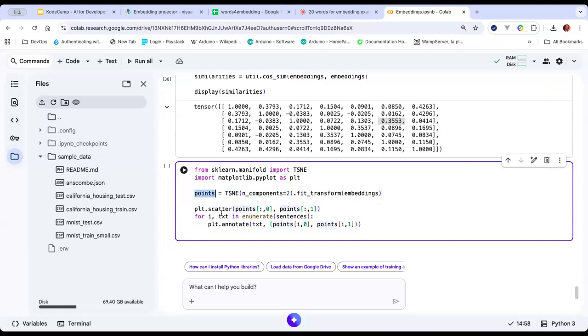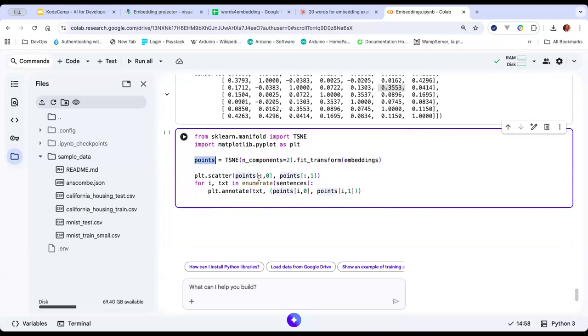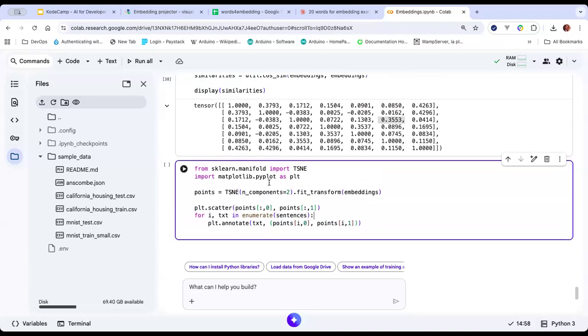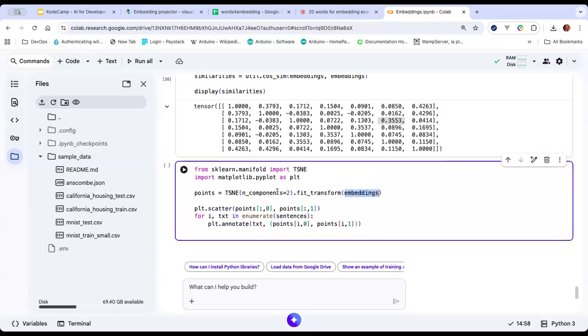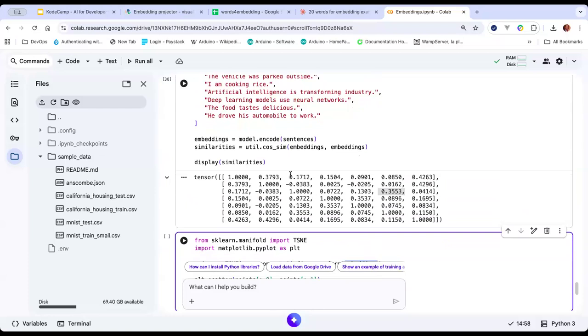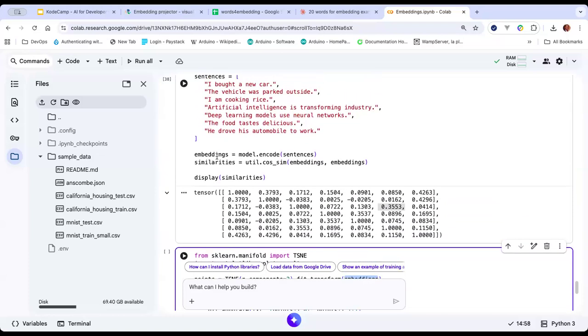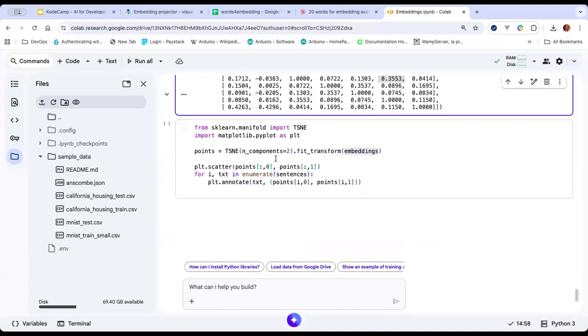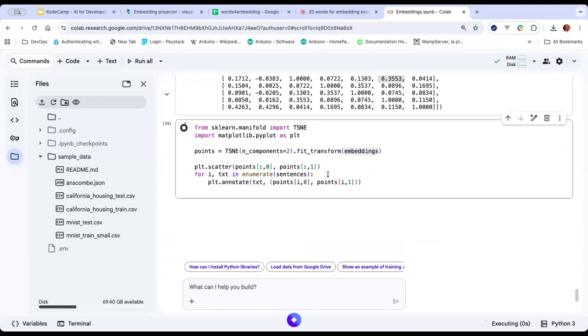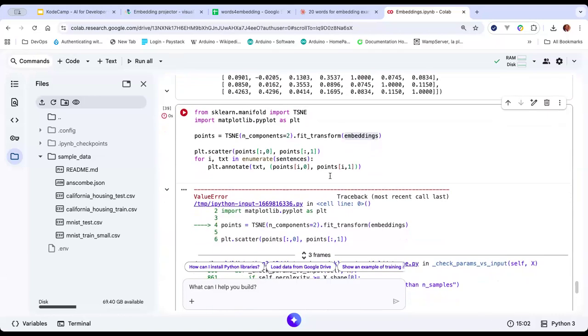So you're going to get points, and then you plot those points against each other, and then you can annotate. Each of these points represents a word in the embedding. We already had embeddings here, right? So we can now plot this. So you will see